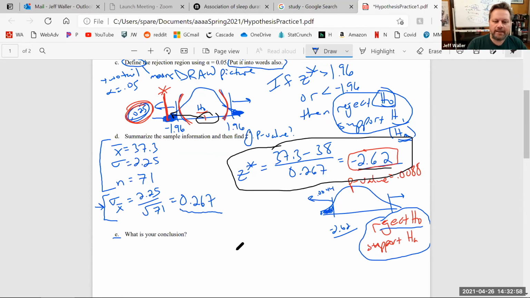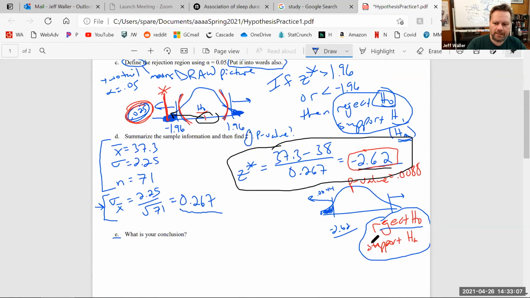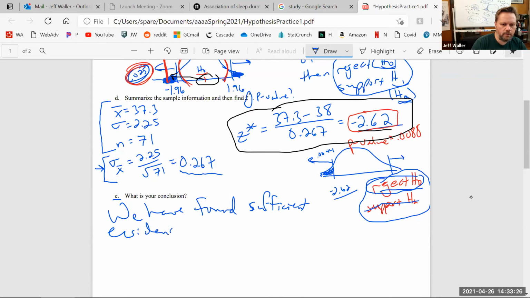There's never any ambiguity. Which one was the claim? The Ho or the Ha? The Ho. So I'm not going to use this language. I'm going to use this language. I'm going to talk about the claim. So we have found sufficient evidence to reject the claim